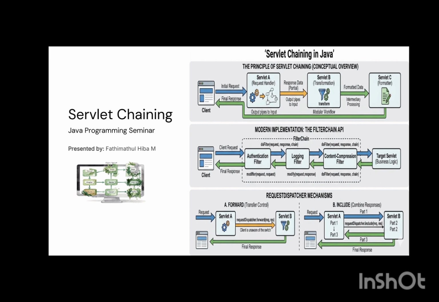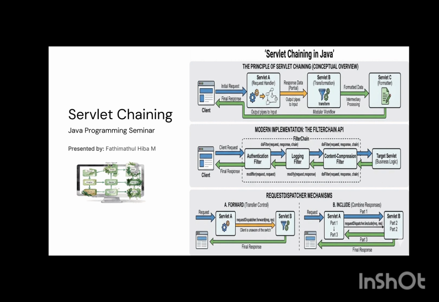The second one is the filter chain API, which is the modern implementation. This is a standard way to handle cross-cutting concerns like security or logging before a request reaches its destination. The process here: a request passes through a series of filters, for example authentication, logging or compression. Each filter can inspect or modify the request or response using the doFilter method before passing it to the